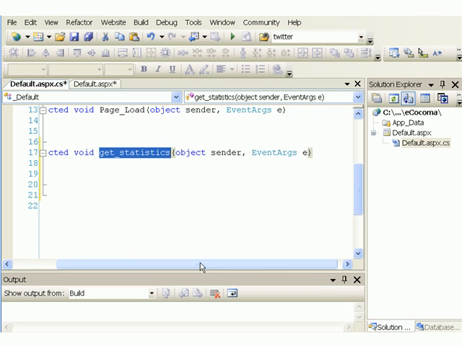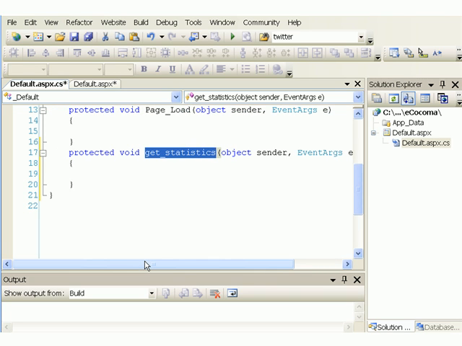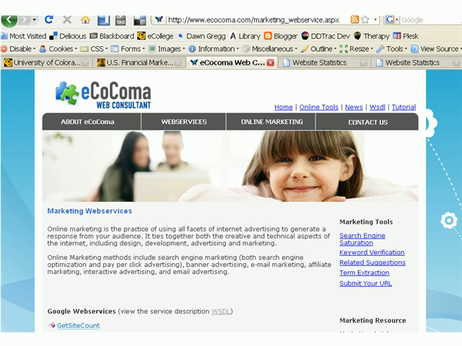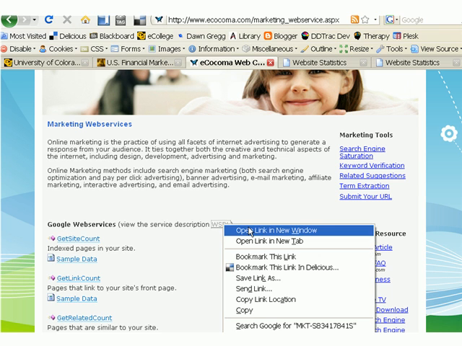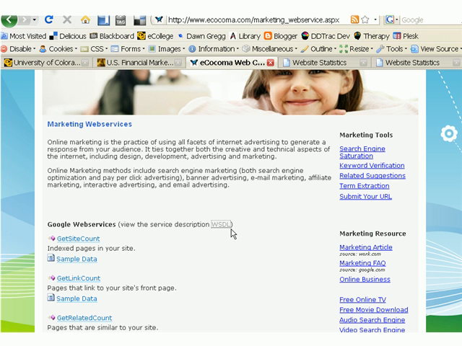So now that I'm in my code view, I want to add a reference to the Ecocoma web service. In order to do that, I'm going to go to the Ecocoma Marketing Web Services page at ecocoma.com, marketing_webservice.aspx. You can also find it under their web services link. And I'm going to copy the link location for the Ecocoma web service WSDL for the Google